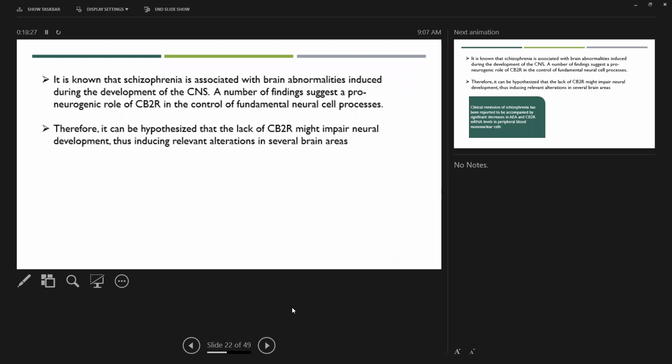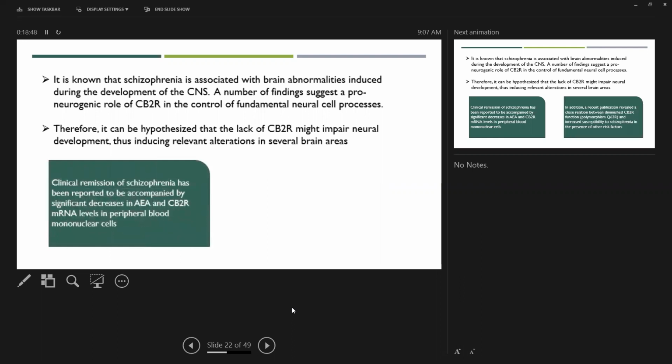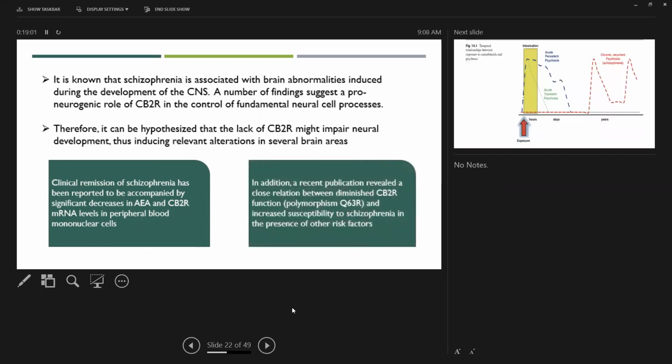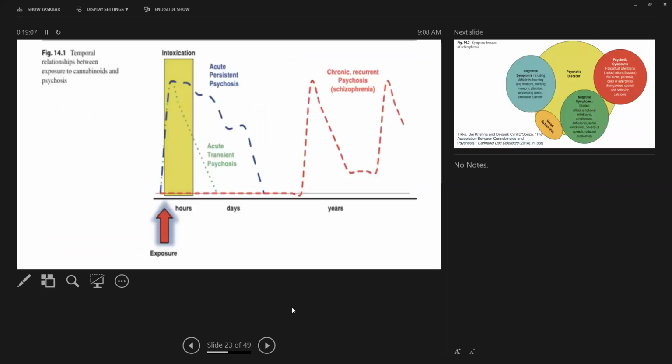It is also known that schizophrenia is associated with brain abnormalities induced during the development of the CNS. A number of findings suggest a pro-neurogenic role of the CB2 receptor in the control of fundamental neural cell processes. Therefore, it can be hypothesized that the lack of CB2 receptor might impair neural development, thus indicating relevant alteration in several brain areas. A study showed that clinical remission of schizophrenia has been reported to be accompanied by a significant decrease in anandamide and CB2 receptor mRNA levels in peripheral blood mononuclear cells, whereas a contrasting study showed that diminished CB2 receptor function is associated with increased susceptibility to develop schizophrenia. This diagram shows the temporal relationship between exposure